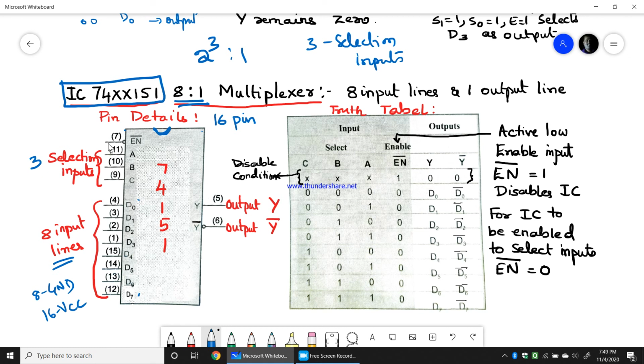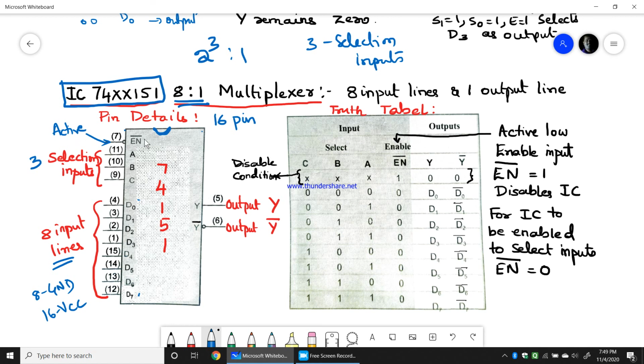And 7 is what? An enable pin, and this is active low. Normally, any IC you take in digital systems, most of the time the enable pins will be active low, not active high. Before, in 2:1 or 4:1, we have seen active high enable input, where 1 was enable and 0 for disable. But here in active low enable pins, 0 means it is enabled, 1 means this pin is disabled.